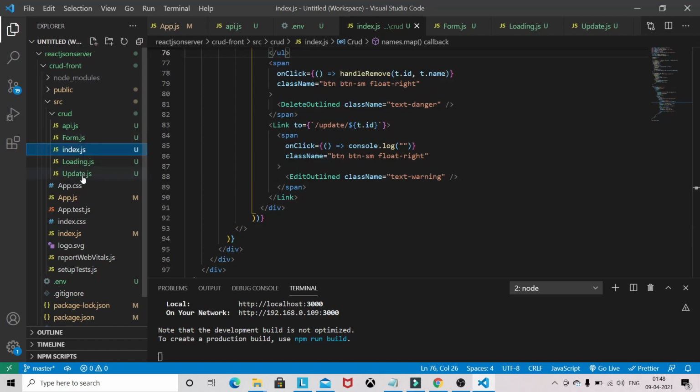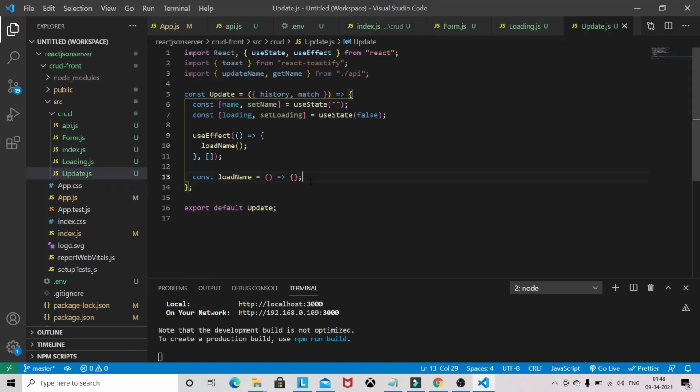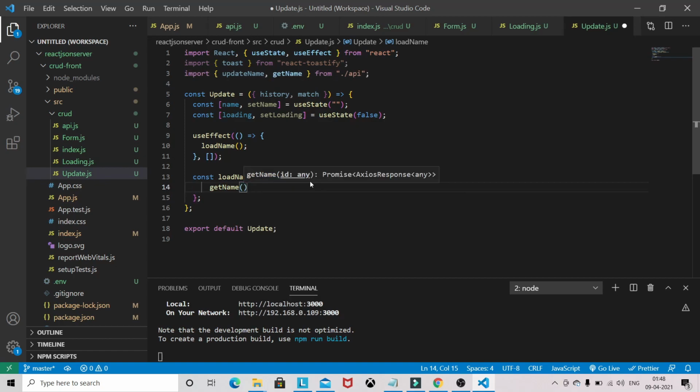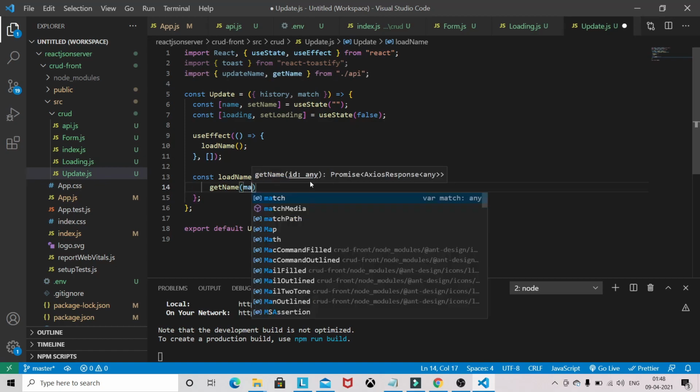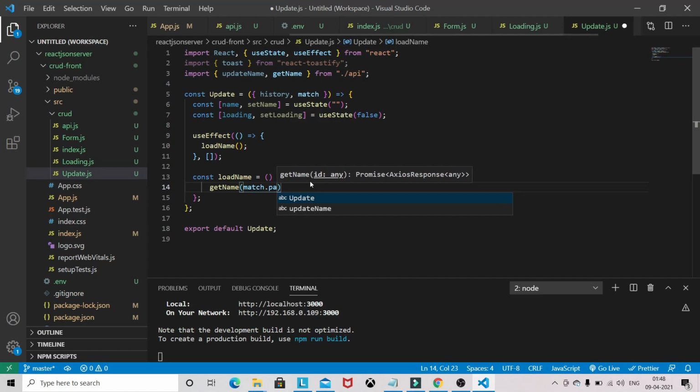So with the help of match, we will get that ID. So getName accepts the ID, so match.params.id.